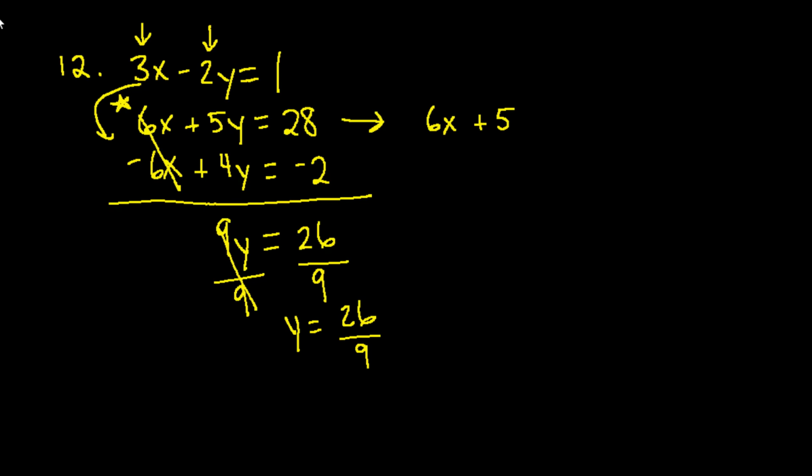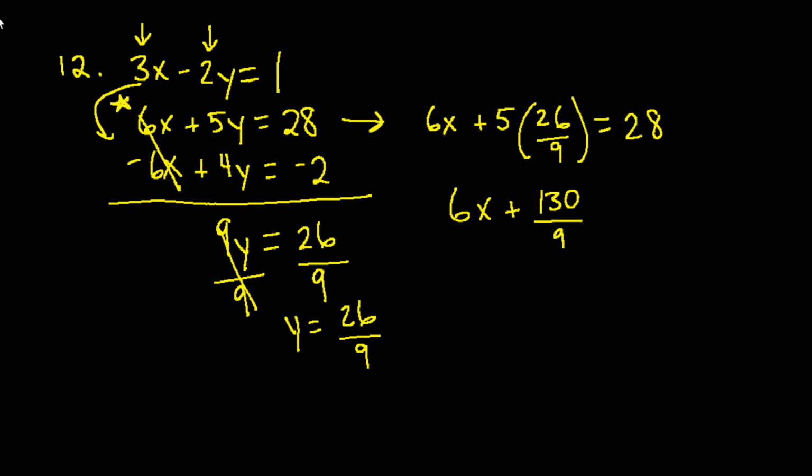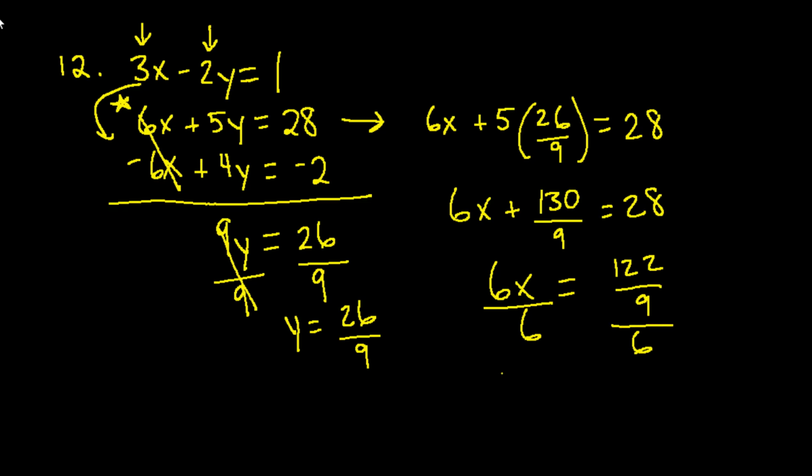6x plus 5 times 26/9, my y value, equals 28. We're going to solve this equation for x. So first I will multiply 5 times 26, which is 130 over 9. Then I will subtract 130 over 9 from both sides of the equation, and get 122/9. Next, I'll divide both sides by 6, and the answer is 61/27. So the ordered pair solution is 61/27,